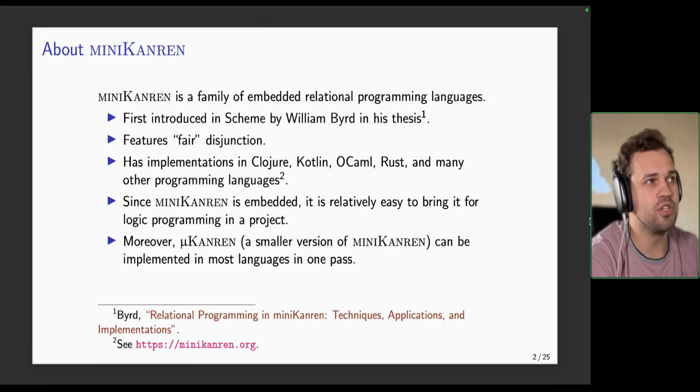One interesting feature of miniKanren, as a representative of logic programming languages, is that it features fair disjunction. That is, the search space is traversed more or less similarly to BFS rather than DFS as it is done in, say, Prolog. Now, miniKanren is embedded and it has implementations in many programming languages, including Clojure, Kotlin, OCaml, Rust,